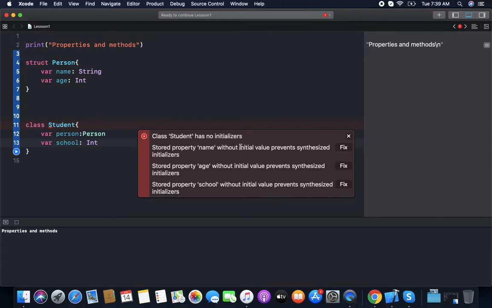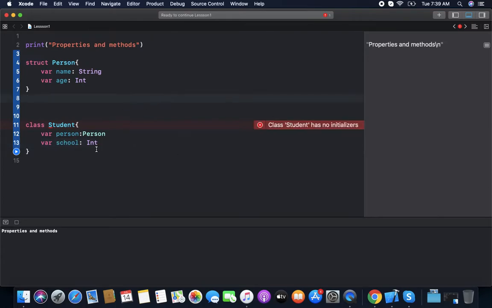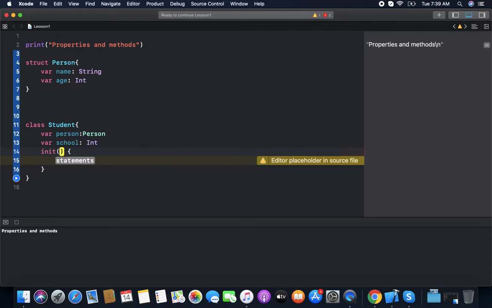You can see stored properties. Now it needs an initializer, so we make an init with person.